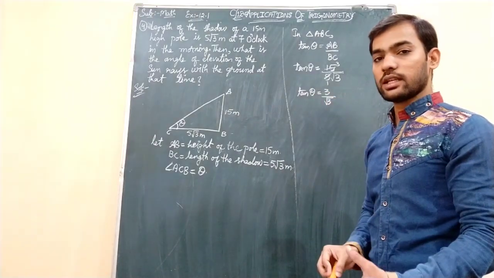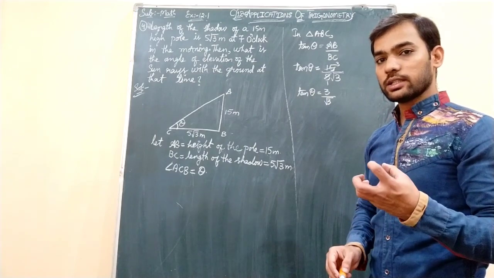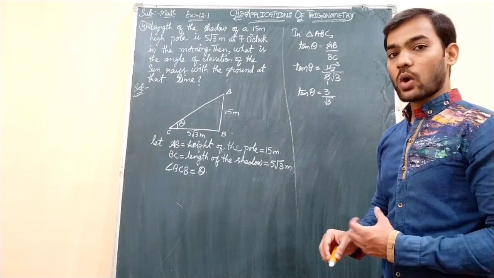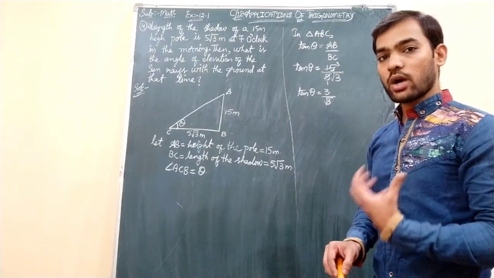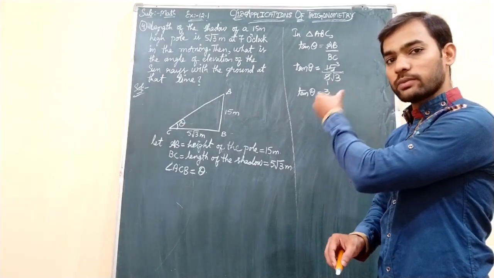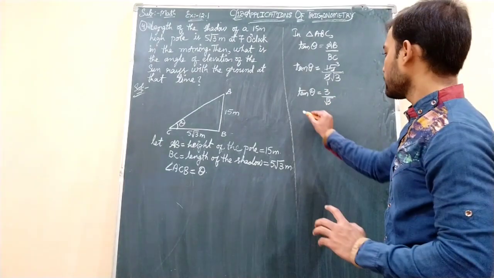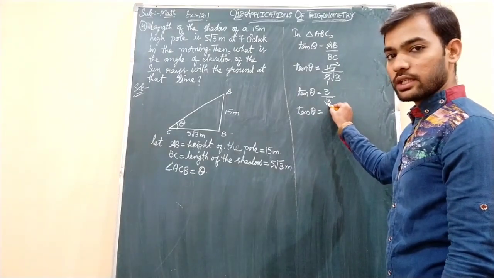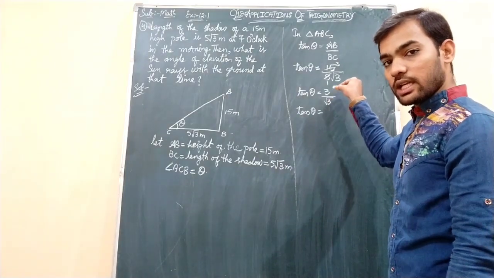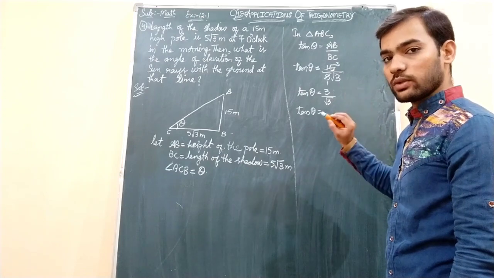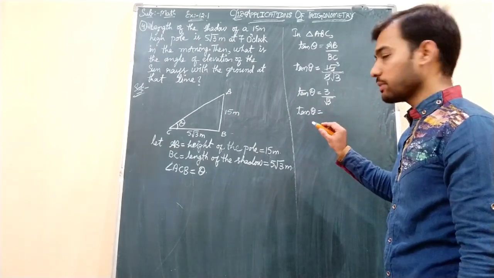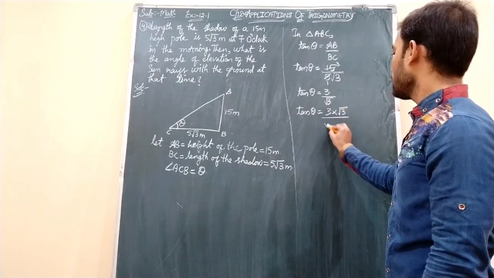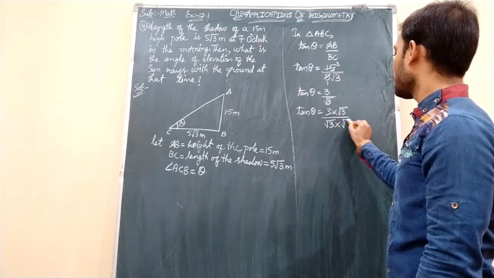As we have discussed in questions number 1 and 2, the denominator should not be irrational, but here it is √3. So what we have to do, we have to rationalize. And how to rationalize this? With the same irrational you need to multiply numerator as well as denominator. So here tan theta equals 3 by √3, √3 is there in the denominator, so we will multiply numerator and denominator with √3 only to rationalize the denominator. So 3 into √3 divided by √3 into √3.